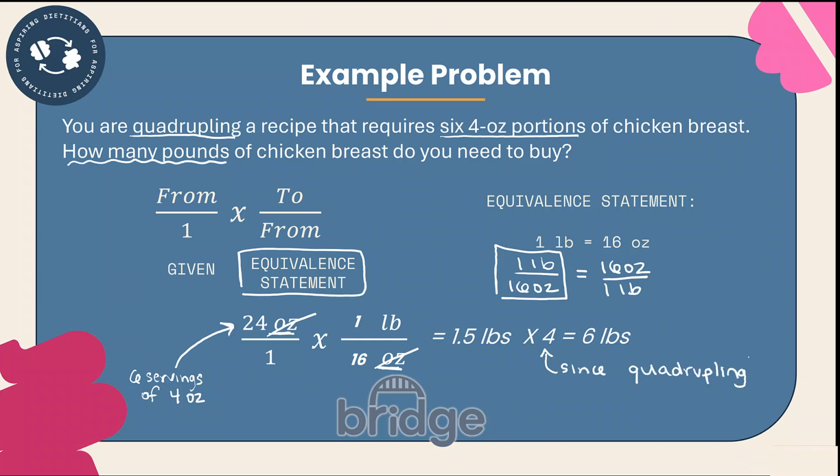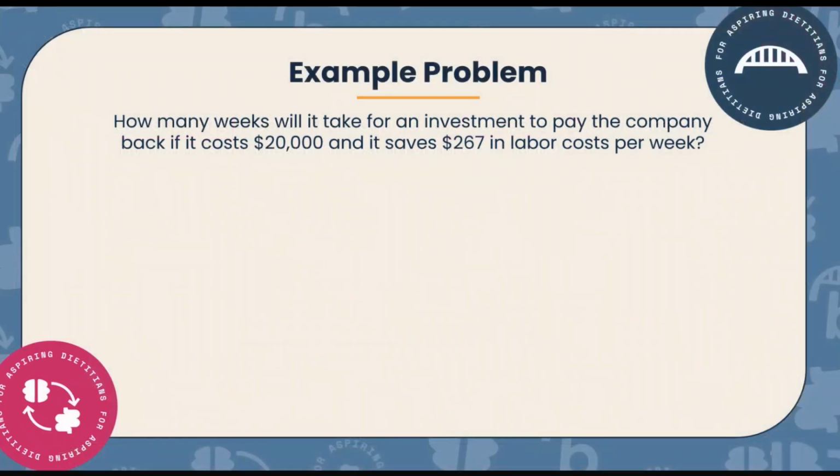Shall we try another? This next one is a business application, and we'll explore this much more deeply in Module 9, but we'll also look at it again later in this unit when we talk about break-even pricing. But this example gives you a chance to practice using dimensional analysis in a new context that's not related to food service. It says, how many weeks, that's what we're solving for, weeks, will it take for an investment to